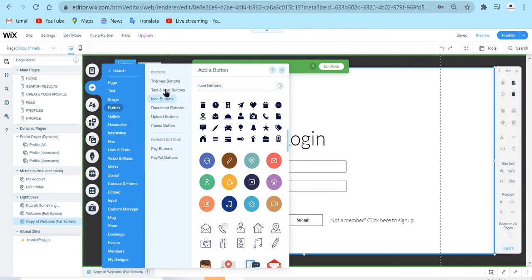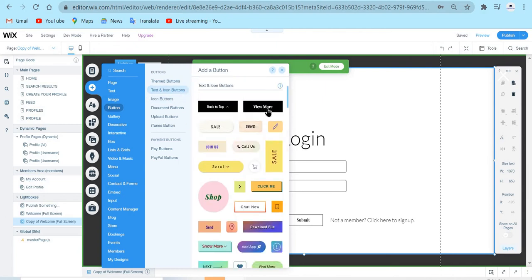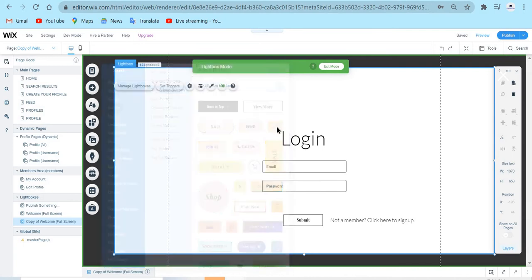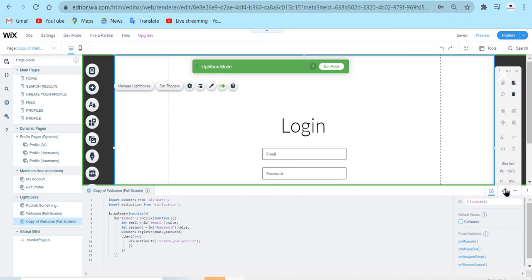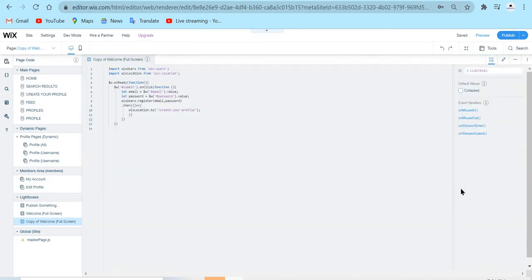As I said before, I added this text and icon button. Now let's hop into the code. Since we duplicated the page, here we have the sign up code instead of the login code. So to get the login code instead,